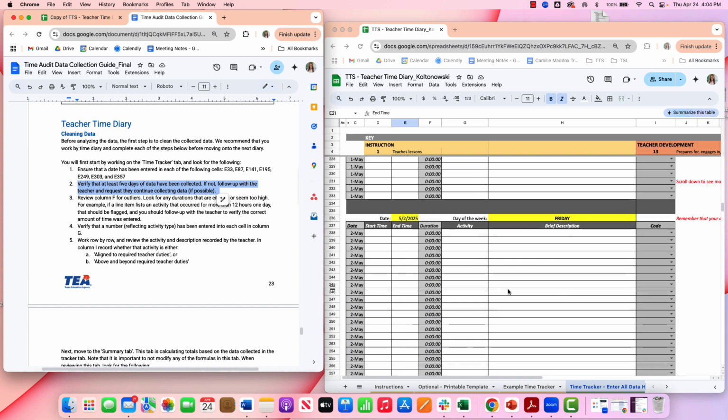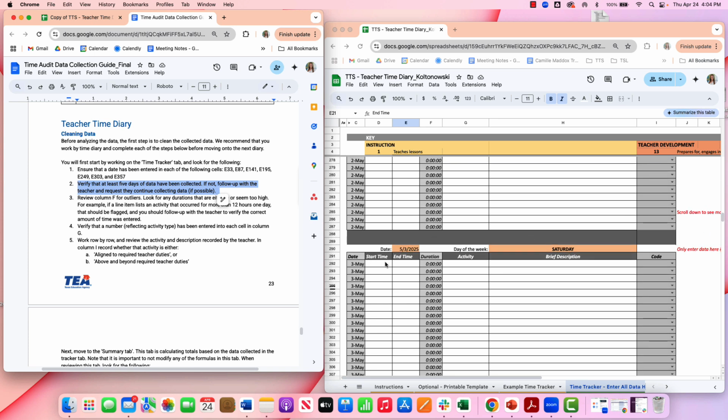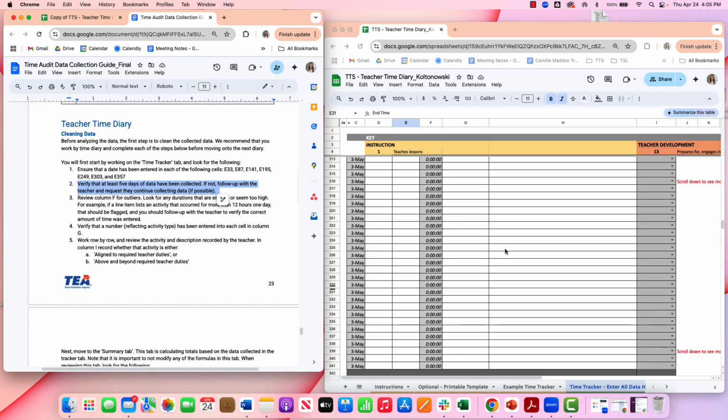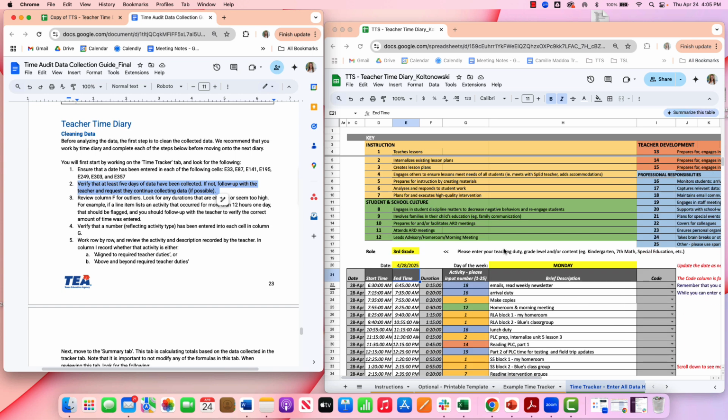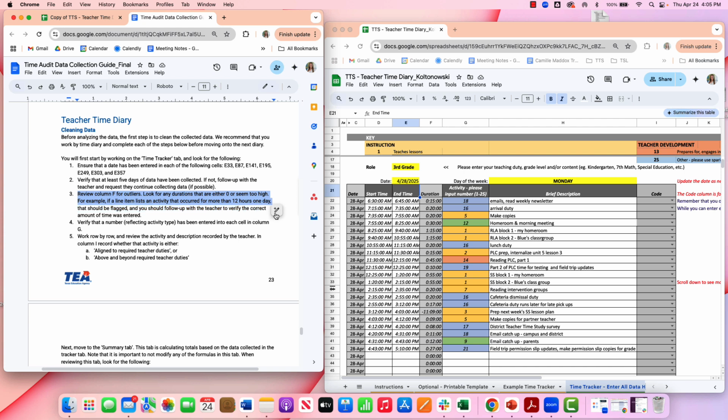So again, for this example, I only put data in that first day, but we would want to make sure that there is data at least in all 5 of these days. Like I mentioned, there's also a Saturday and Sunday data option. Again, these are optional. Just if the teacher is doing work related to their position as a teacher, we ask that they record it. So once I verified that, my next step is going to be to review column F